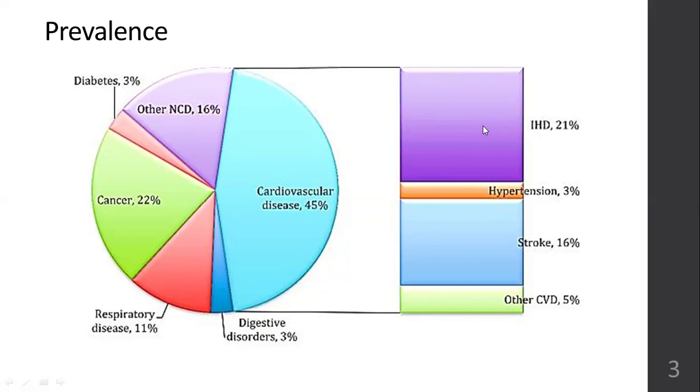When there is a blockage in the coronary artery, slowly the blockage becomes bigger and bigger. Blood flow becomes narrower and narrower. Finally, there is no blood that can pass through the artery. It is completely blocked. The area which is supposed to receive the blood flow starts undergoing necrosis. The tissues, the cells start dying off because of oxygen deprivation that the blood is supposed to bring. That area undergoes ischemia. Ischemia means the cells are dying because of the absence of blood supply or oxygen. It becomes brown, black, and it completely dies off. So that is ischemic heart disease.